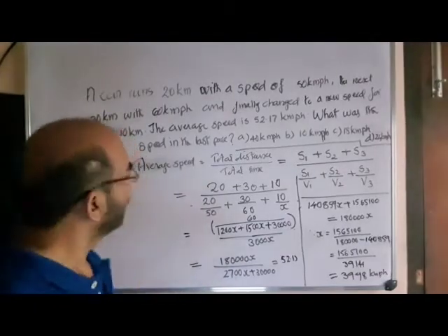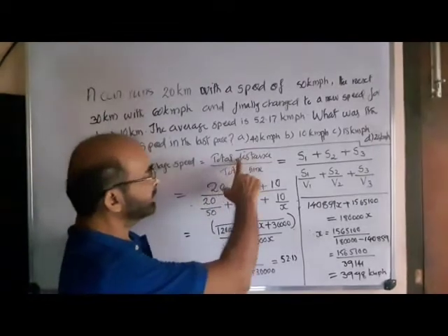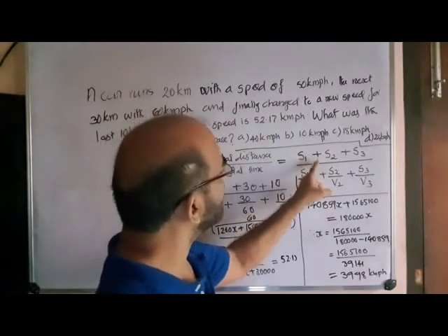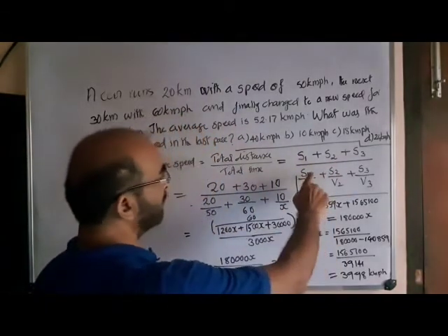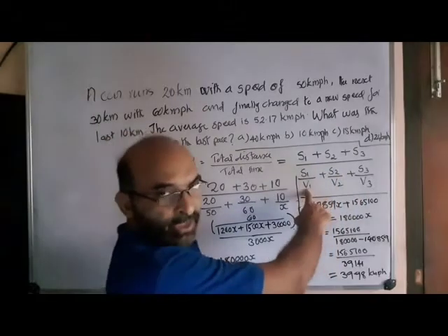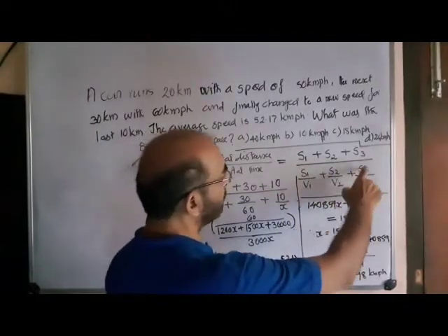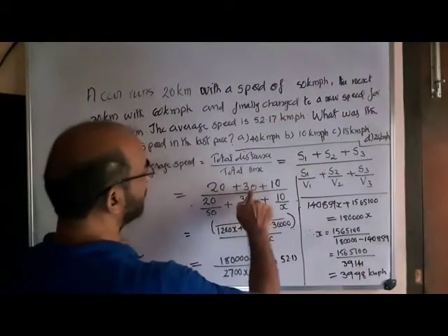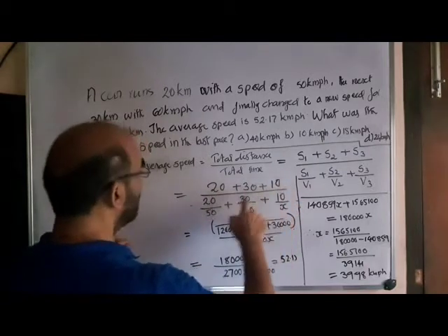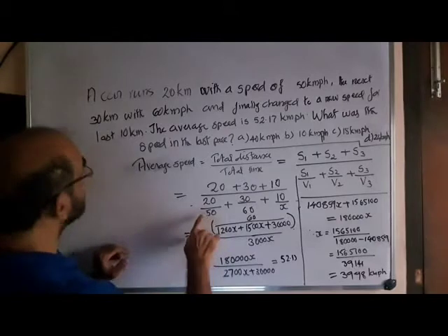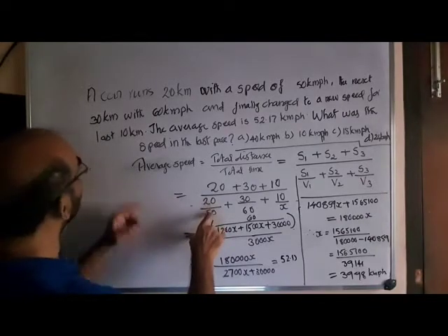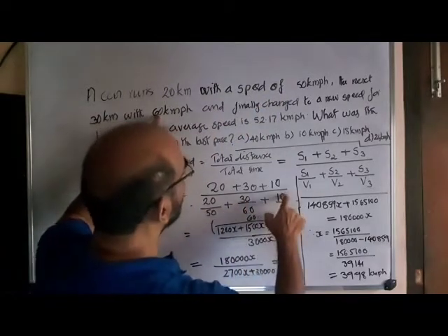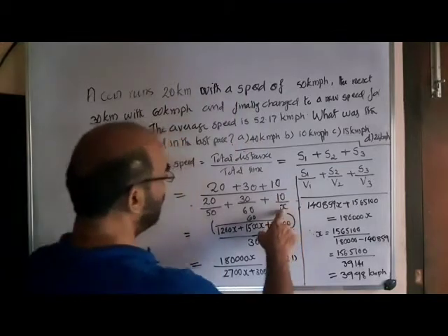Okay. We know the average speed is nothing but the total distance by total time. What is the total distance traveled here? S1 in the first phase, then S2, S3, divided by the total time, and distance by speed is the time. So S1 by V1 plus S2 by V2 plus S3 by V3. The distances are given as 20 km, 30 km and 10 km. And the corresponding speeds: 20 by 50 km per hour, then 30 by 60 km per hour, and the last 10 by unknown x km per hour.